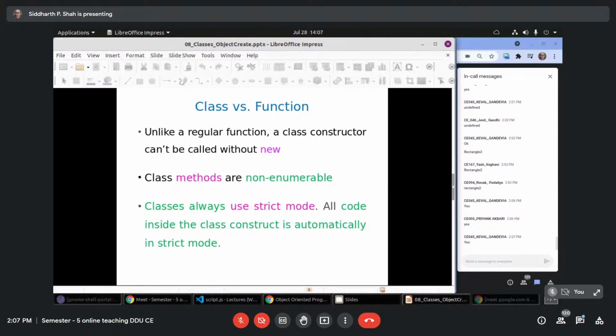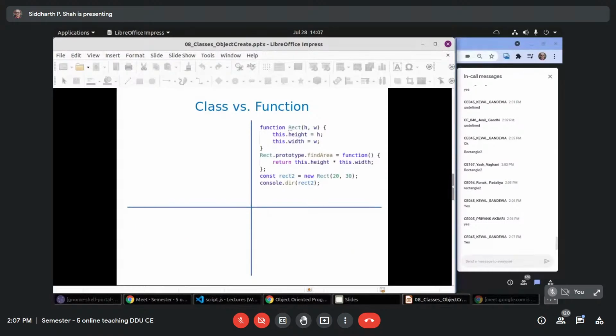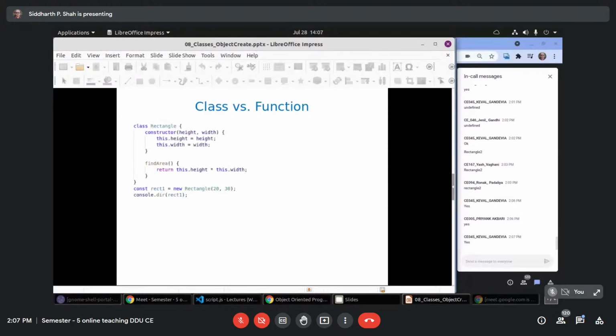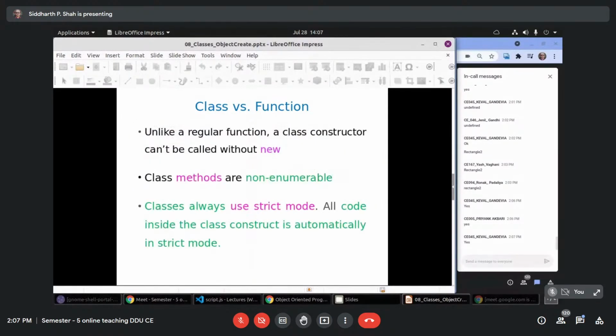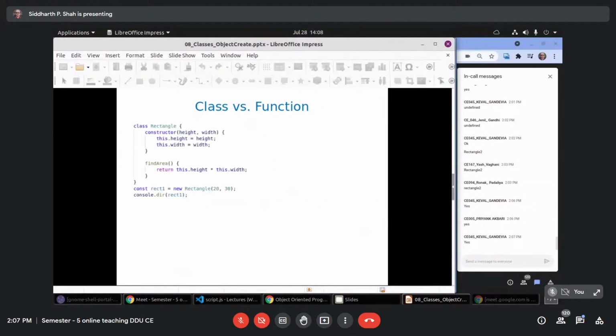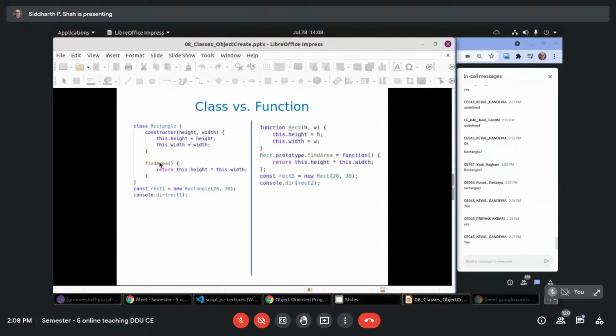Class methods are non-enumerable. Whatever method you add inside a class is by default non-enumerable. You cannot enumerate that.